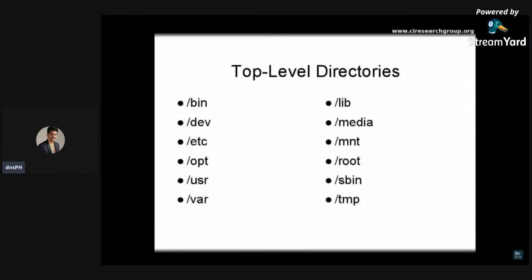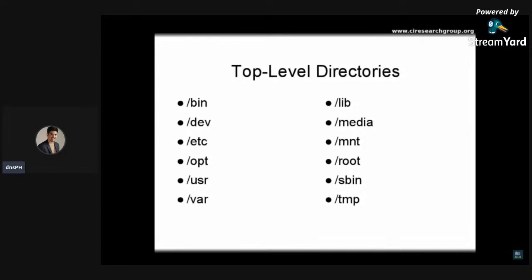These include /bin, which is where the minimum set of programs needed to work with the system is located, /dev, which contains entries corresponding to hardware devices on the system, /etc, which contains the system-level configuration files, /opt, which contains optional software typically added by the system administrator, /usr, often pronounced /user, which contains software that ships with the Linux distribution, /var, which contains rapidly changing files such as log files, /lib, which contains system libraries used by other programs,